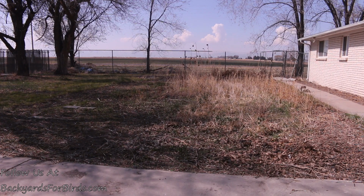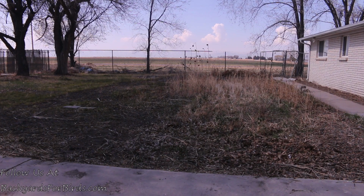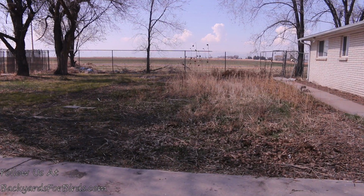And then once I get that established, then I'll start worrying about cleaning it up and making it a little nicer, maybe putting in some curbing and some more mulch and stuff to kind of keep some of the unwanted weeds down. But my main goal is birds, butterflies, and bees, and attracting them into the yard so I can photograph them, so I can watch them and just enjoy them